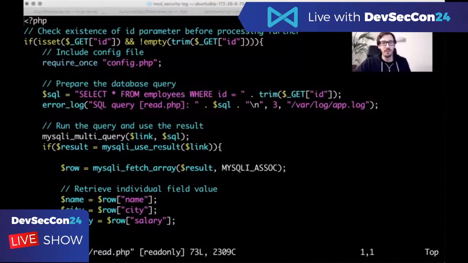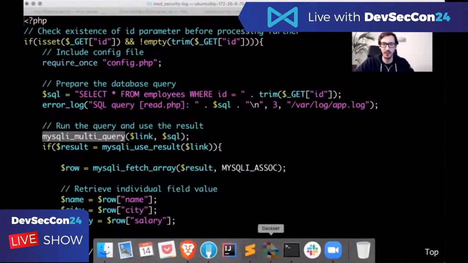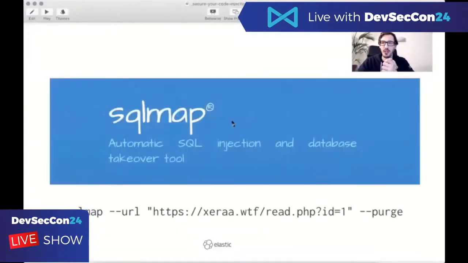And just to keep it more interesting, I'm using MySQL multi-query. So this will not be able only to run a single query, but multiple queries. And why this is making a difference here, I'll show you in a moment. So what might we have or do here in our application to make a difference? So this looks interesting, but before I give you the final solution of how to break this, let's just take